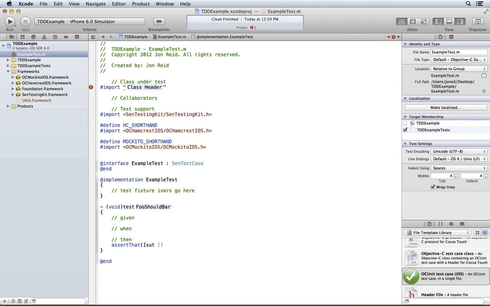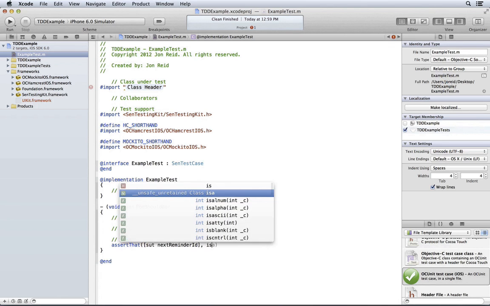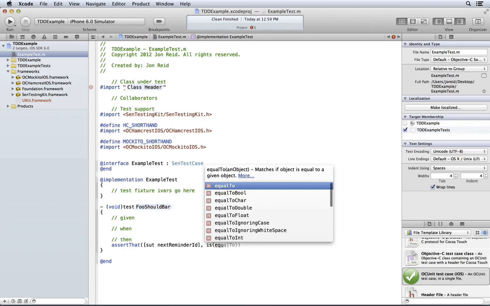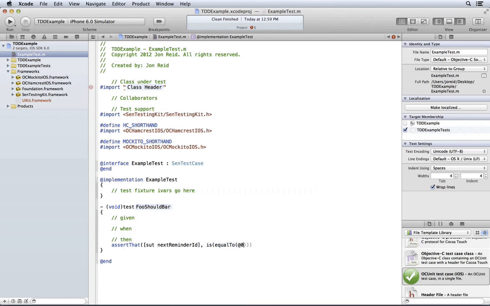I like doing that across my tests because that lets me quickly copy test code. I'm going to call the method nextReminderID without any extra argument. And I want it to be equal to 0. Like that.